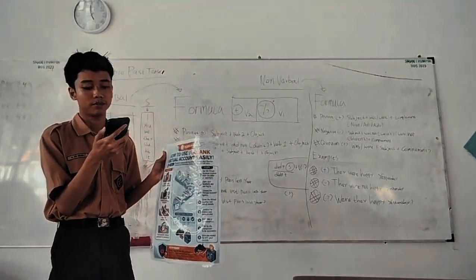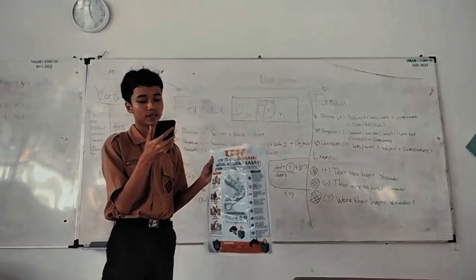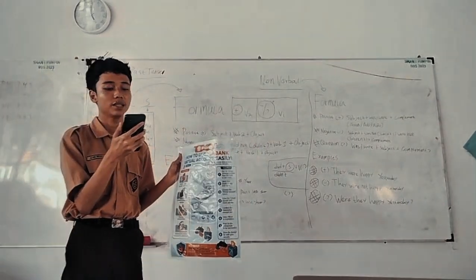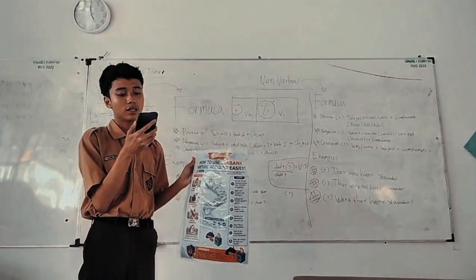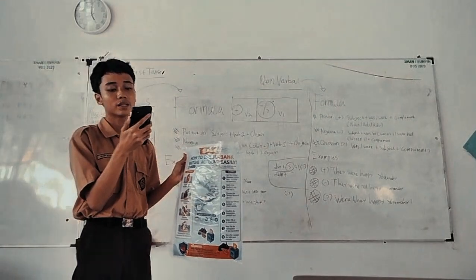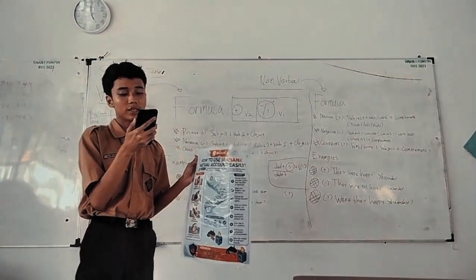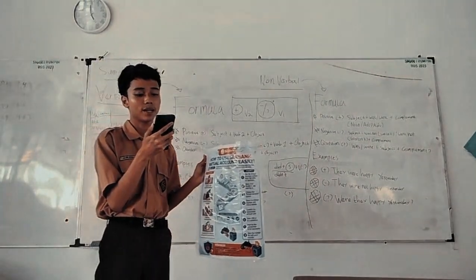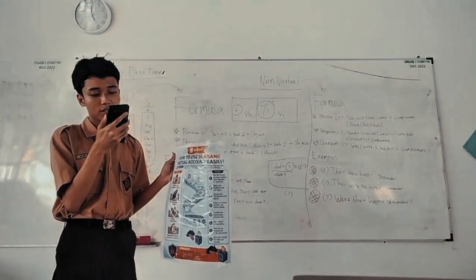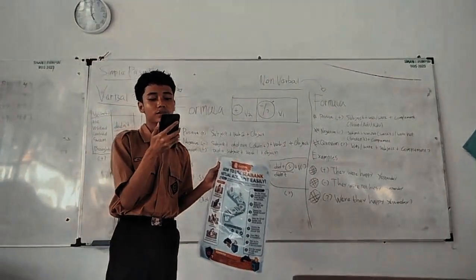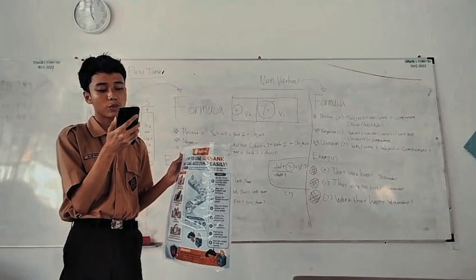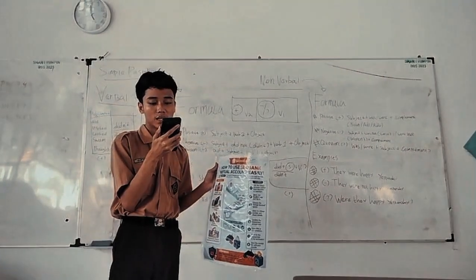Step 6, enter PIN or biometrics. Enter your secret 6-digit PIN or use biometrics like fingerprint or face recognition. This is a security step to verify that you are the one making this transfer.